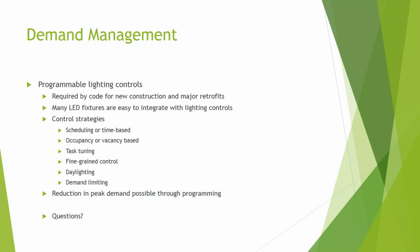So any questions here about programmable lighting controls? If anybody does have any questions, please send them in via the questions box. And I'll start off with a question. And I swear I have not seen your presentation. I don't know if I'm leading you into the next section or not, but